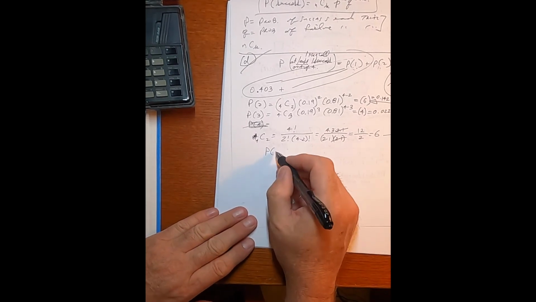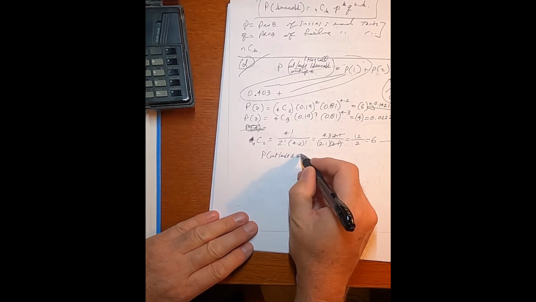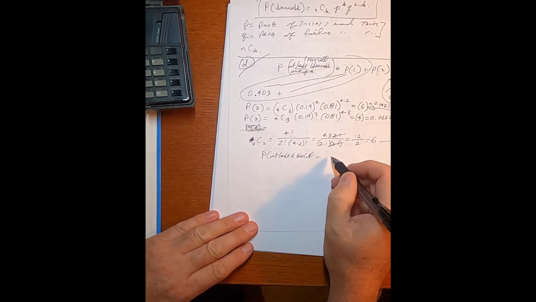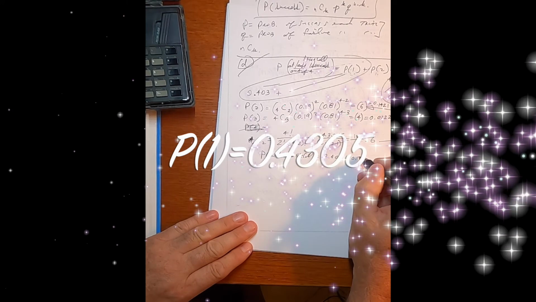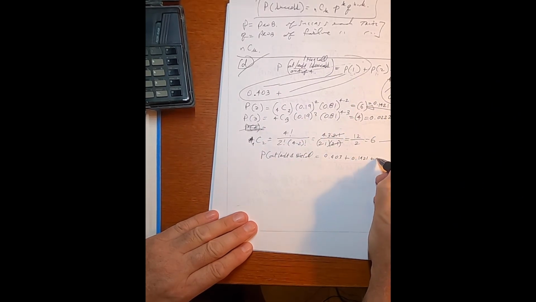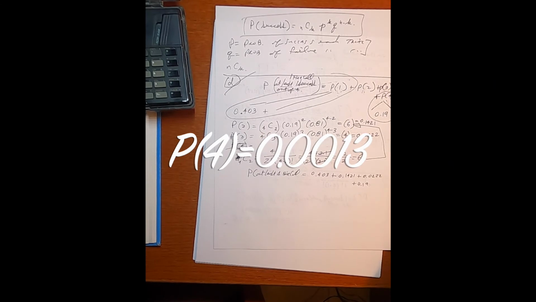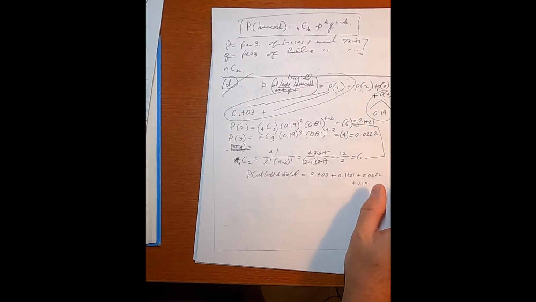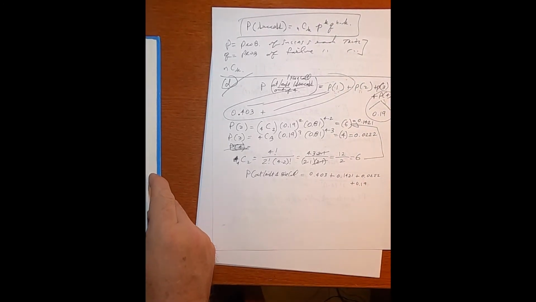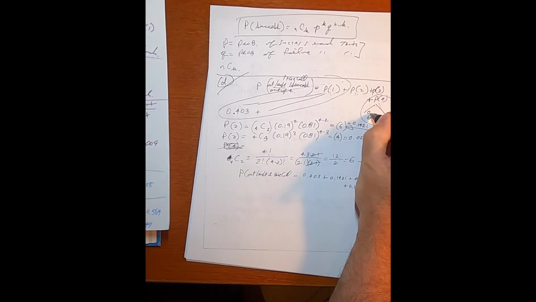So the probability of at least one fire call equals 0.403 plus 0.1421 plus 0.0222 plus 0.19. Okay. Let me see the probability of, right, okay. 0.19. No, I made a mistake. We have it here. The answer's